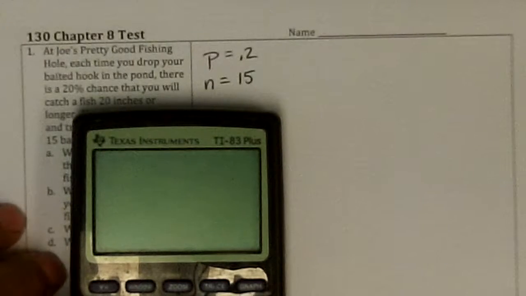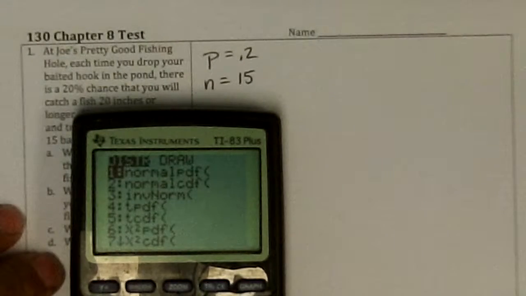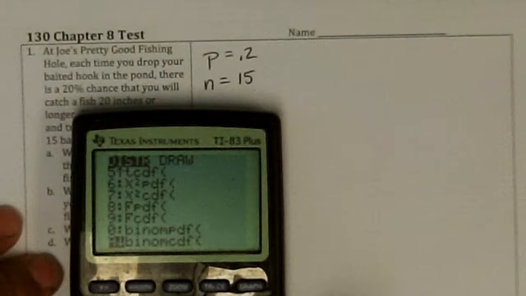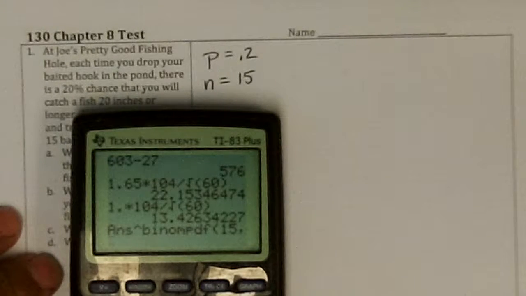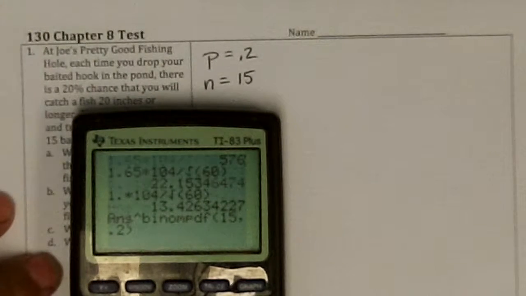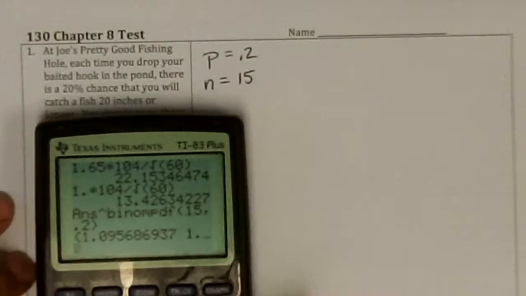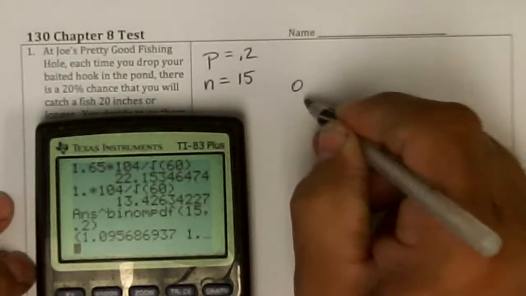Second distribution, go down to binomial PDF. And if we put in that we have 15 trials, comma, 0.2 chances of success, comma, and then I normally put in 0 and figure out the probability of catching none. Put in 1 and catching 1, but I can also go back here and just delete that comma and put parenthesis, and it'll give me the complete probability distribution. The probability of catching 0 is,